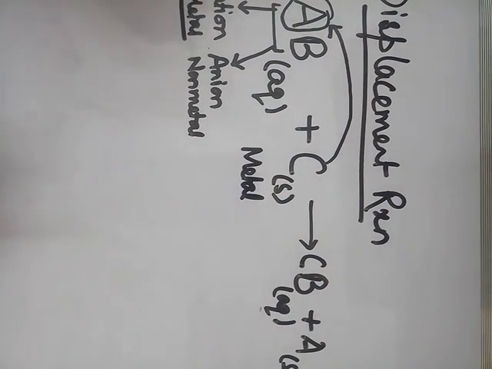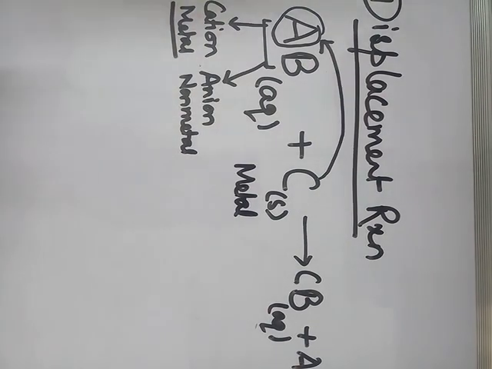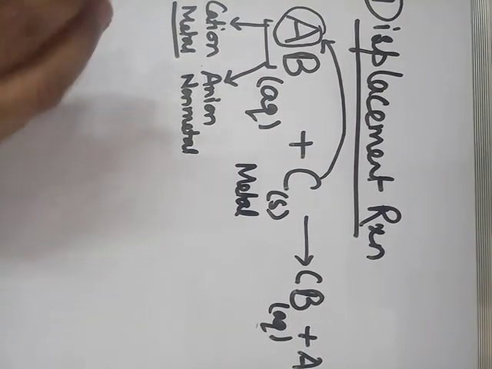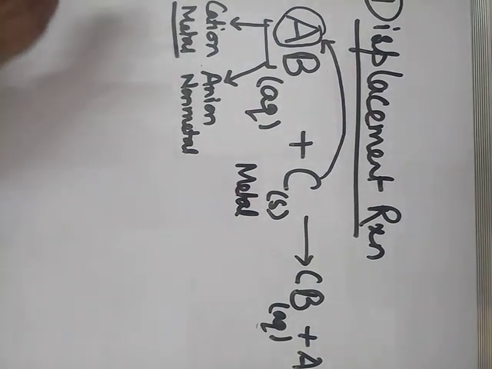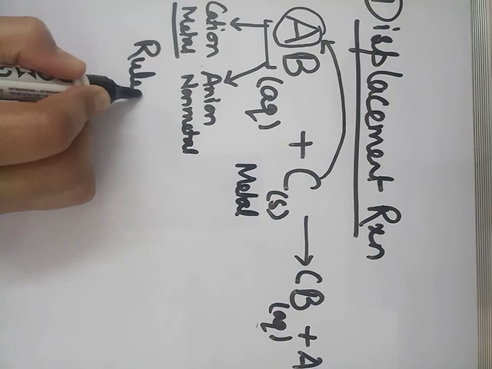We must always remember this thing, that a metal will be displaced by another metal. A metal will only displace another metal, it will not displace a non-metal, right? So there is always a displacement of metal by another metal. Now there is a condition when C can displace A, when a metal can displace the other metal. Here we have to follow a rule, and that rule is